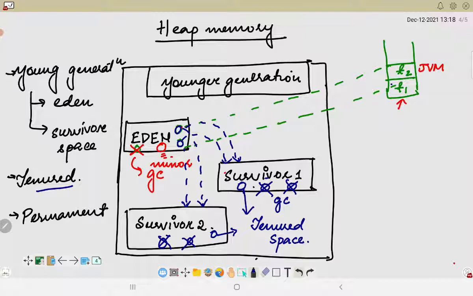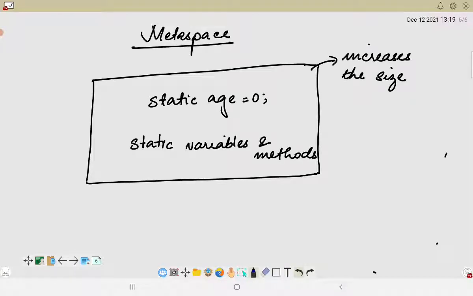Now the last part of the heap memory which we will be discussing is the permanent memory. As we already mentioned, the permanent generation is also known as metaspace, and this memory pool, as the name says, contains permanent class metadata and descriptors information. The permanent generation space is always reserved for classes and what is tied to the classes, like static members.